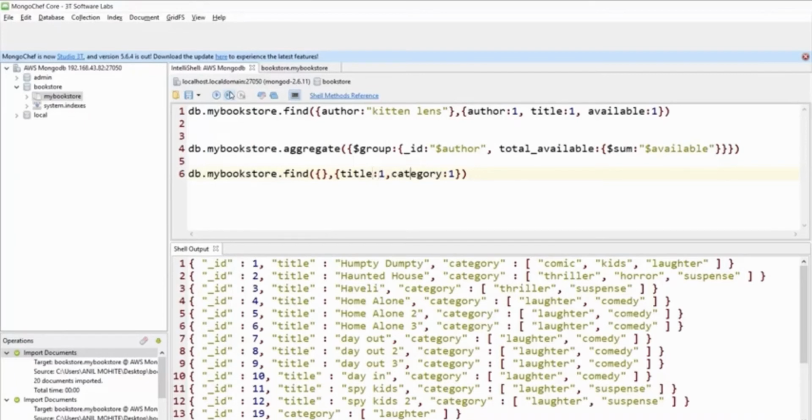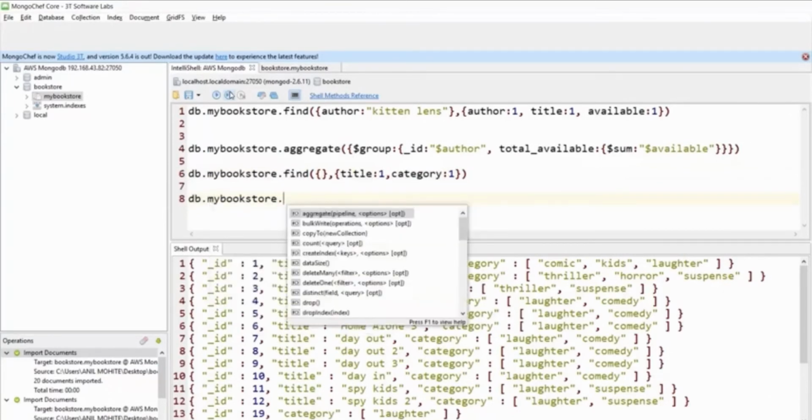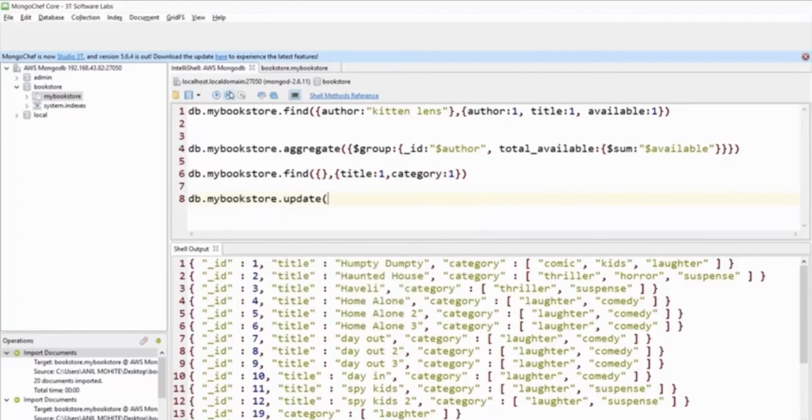So I'll say db.mybookstore.update, where _id is 3, $push into the field called category a new value, let's say, horror.